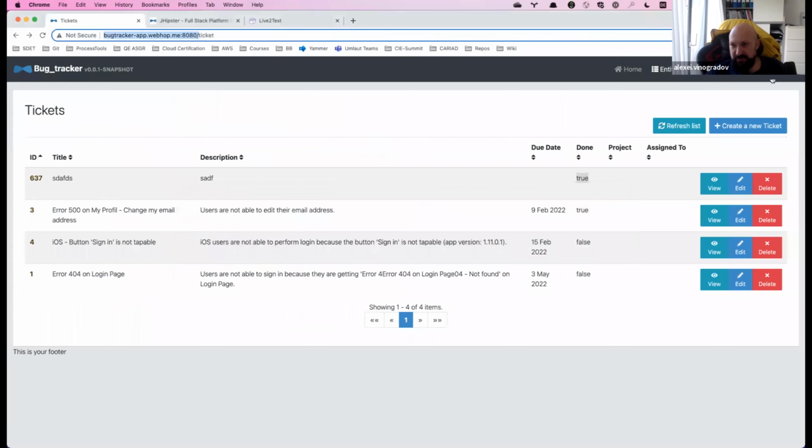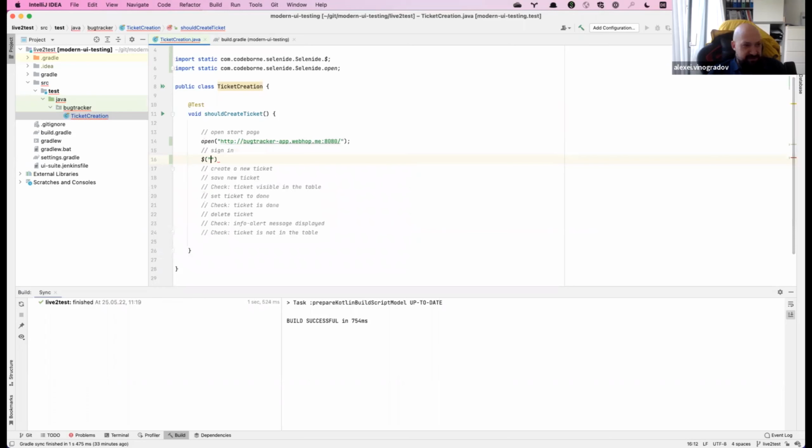The $ sign is for defining elements, similar to jQuery, for those who know it, and it's also used in various other libraries nowadays. I will just go for a selector with text, go for this text and click on it.